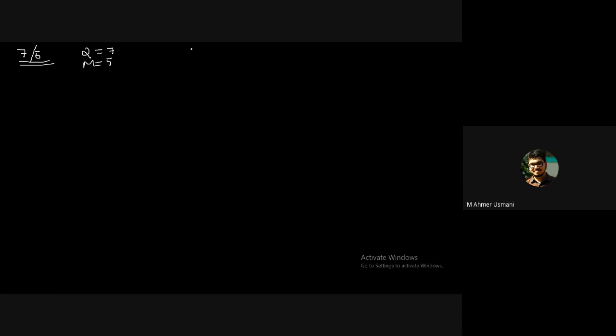Right? What is 7 in binary? Just tell me 7 in binary. 0111. What is minus 7 in binary? I'll be doing very fast, so please be with me. 1001. Then we have 5, 5 can be written as 0101, and minus 5 can be written as 1011. Everybody got this? Yes, sir.